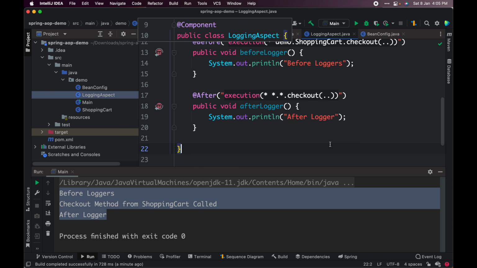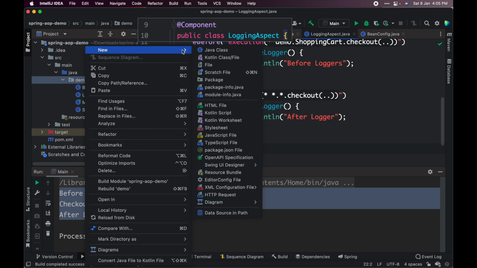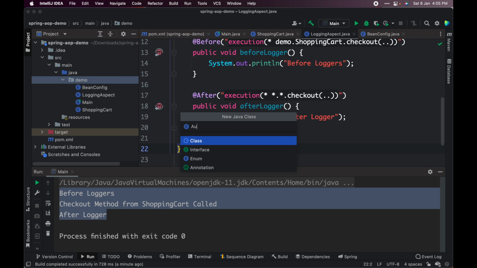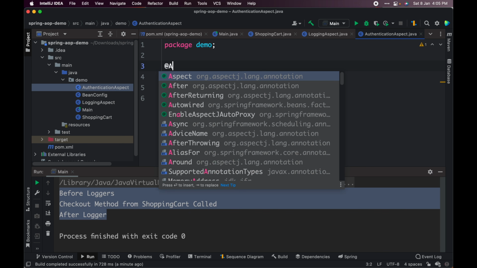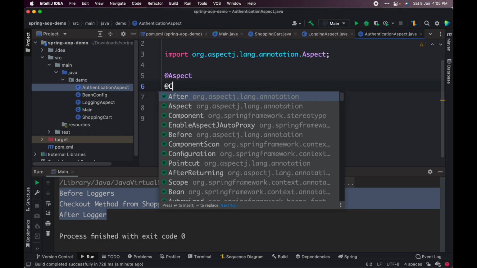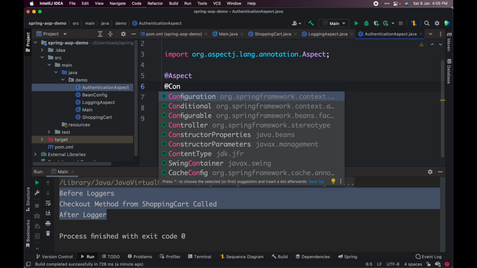Now let's define one more aspect, because we need to separate out the authentication and authorization as well, right? So let me create one more Java class called authentication aspect. As we did in the logging aspect, we need to annotate with aspect, and we need to annotate with component as well.